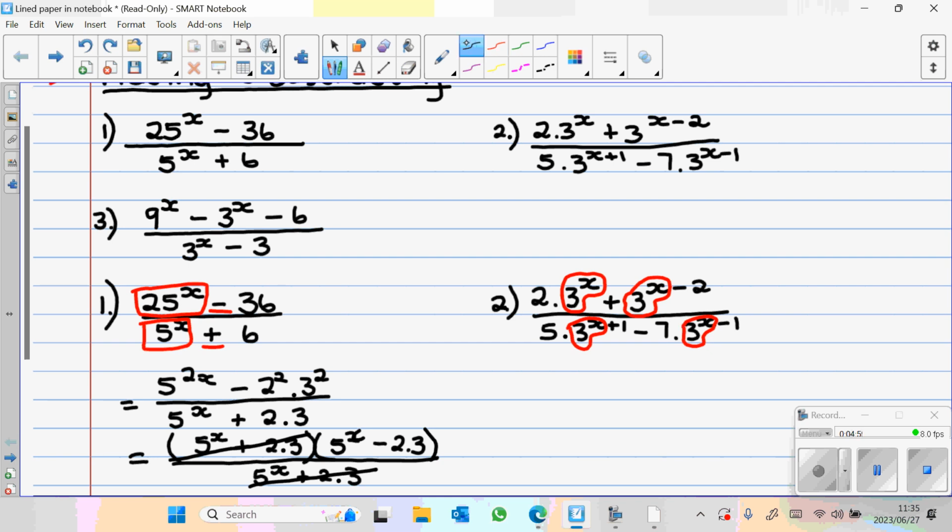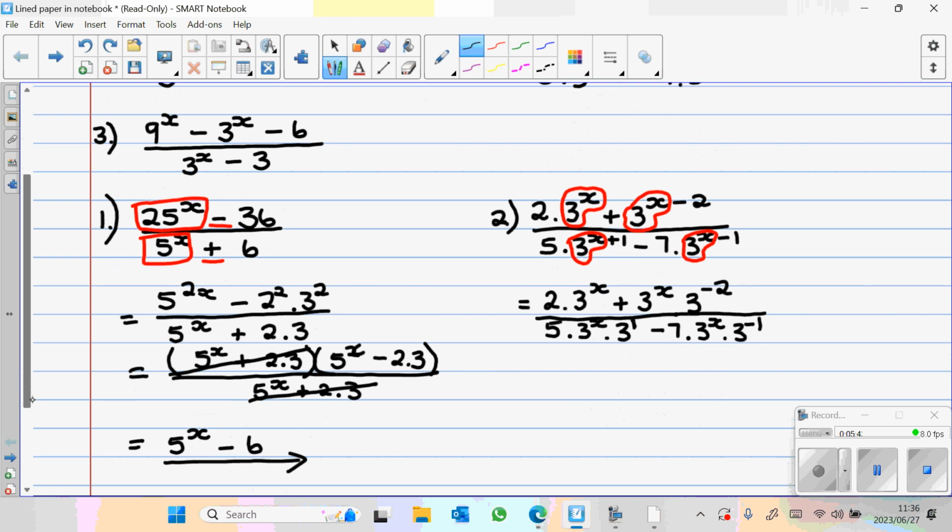So that means it's going to be a common factor, which means that I have to split the exponents. 2 times 3 to the power x plus 3 to the power x times 3 to the power minus 2, over 5 times 3 to the power x times 3 to the power of 1 minus 7 times 3 to the power of x times 3 to the power minus 1. So whenever it is a common factor, we must split it. Okay, and now